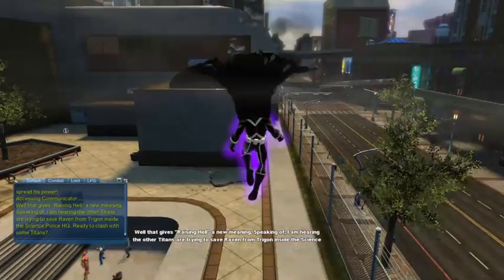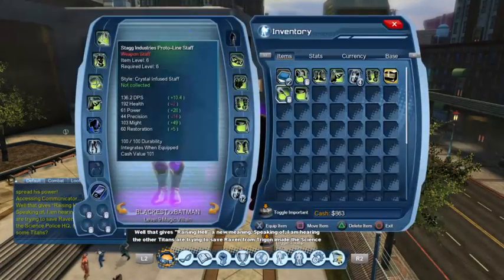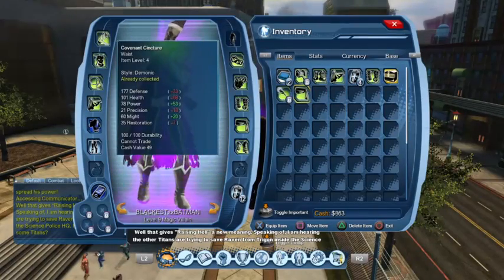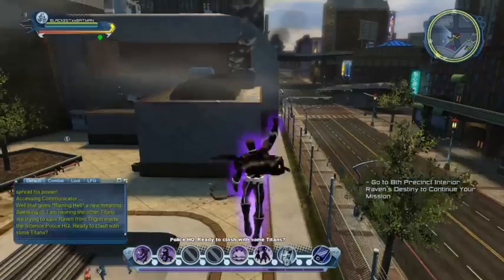Well, that gives raising hell a new meaning. Speaking of, let's put on the evil Raven brand new belt. I'm hearing the Titans are trying to save Raven from Trigon inside the Science Police HQ. Ready to clash with some evil? And let's go see our friend,